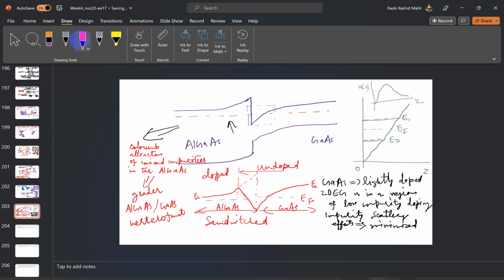So we have sandwiched intrinsic aluminum gallium arsenide that is graded, because that will slowly change from gallium arsenide to aluminum gallium arsenide,